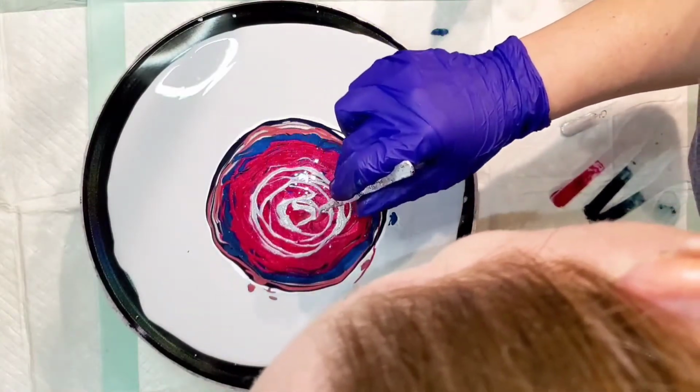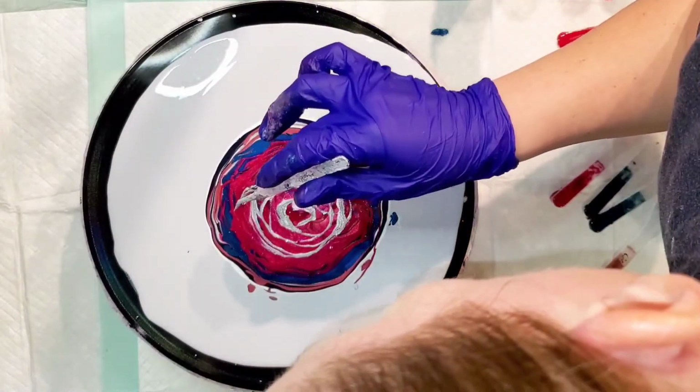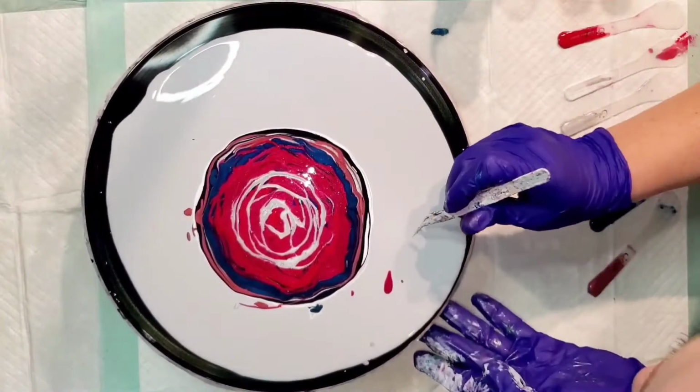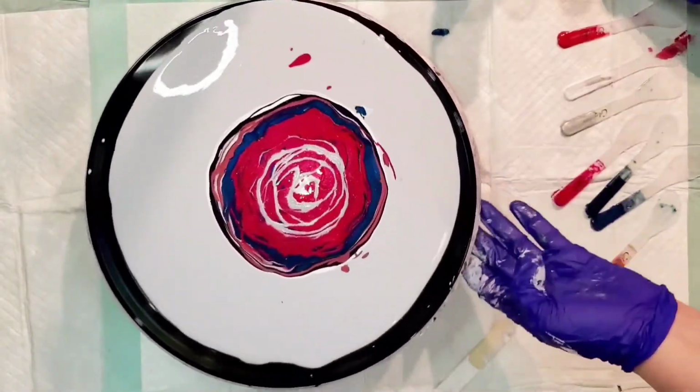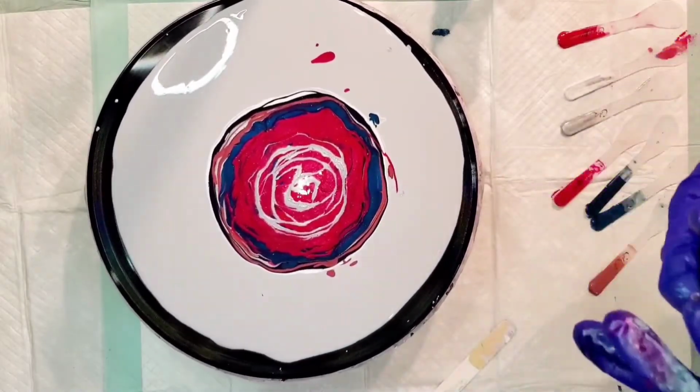You can also put it in Dutch pour bottles and use it in Dutch pours, but I don't always use black and white paint in Dutch pours or do them often enough. So I like to sometimes try to get the cell activator to work. You know, it doesn't always work out, but